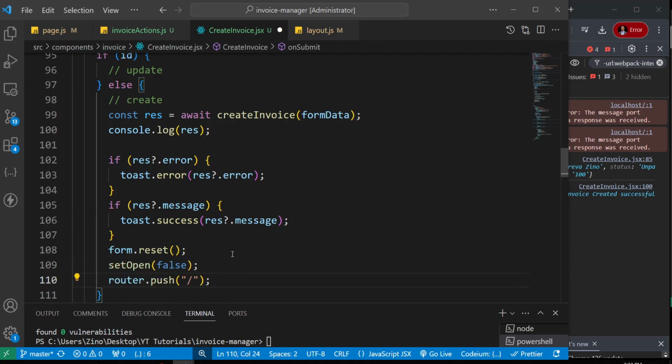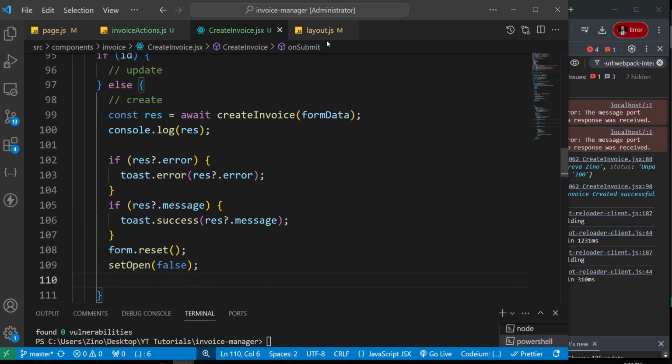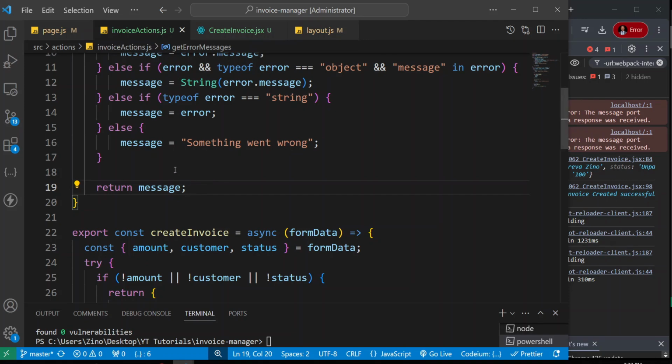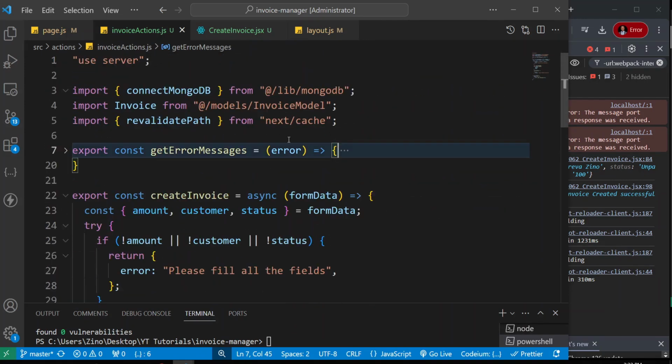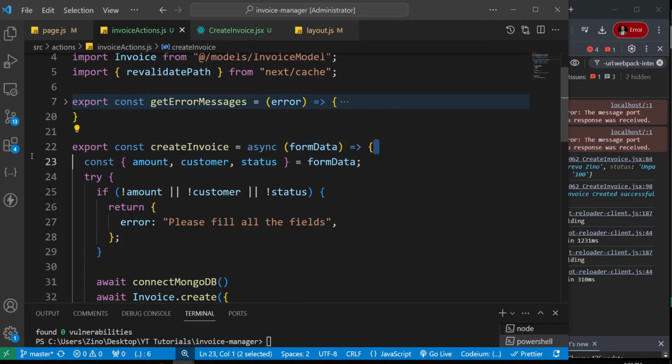So tap that, and then I'm not going anywhere. So I'll just remove this one. So that's the only thing we need to do. So if we create an invoice now, that form will close after we're done. So now let's come back to our actions and let us collapse this guy. The next function we're going to create will be to